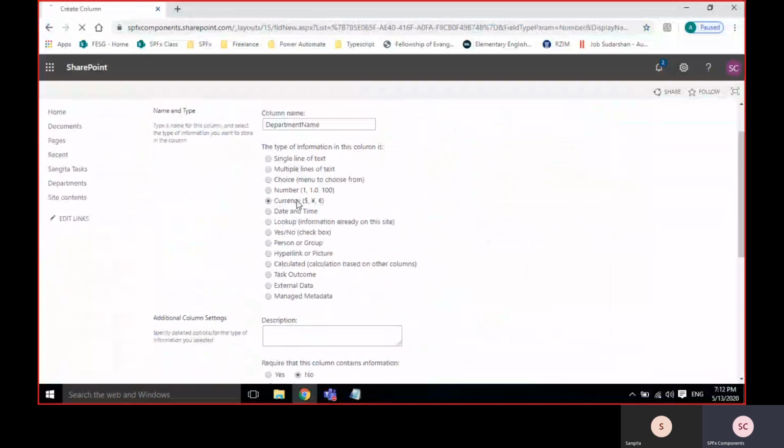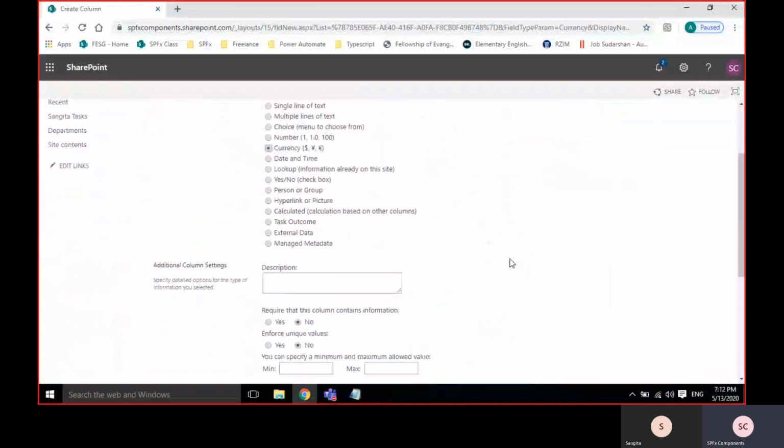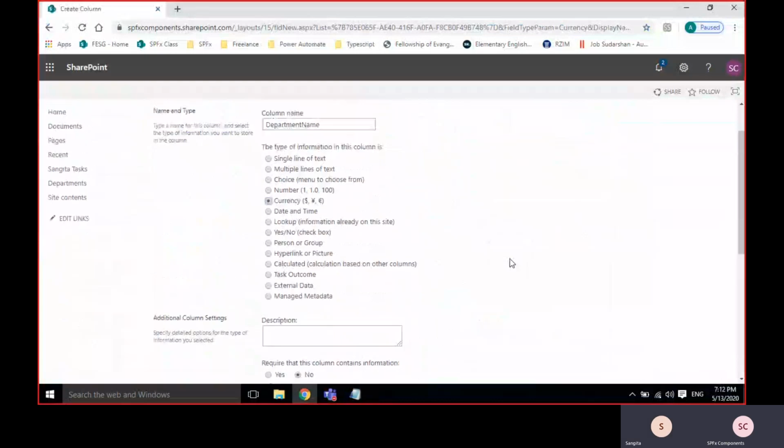So if you want currency, that means amount, fees, salary, these type of data we will take currency. Date and time we know, like date of birth, anniversaries, whatever. So lookup means if we have already some existing list,